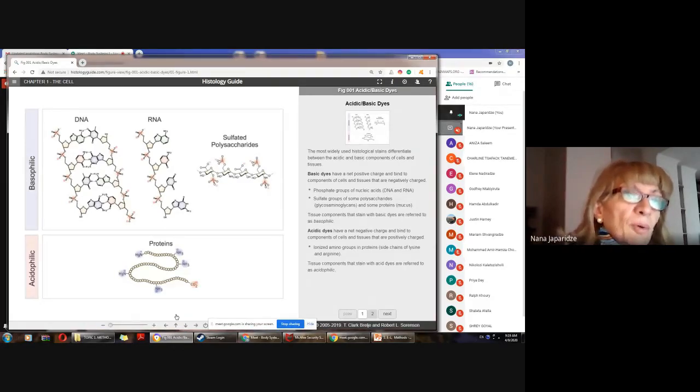Basic dyes have a positive charge, they are positively charged, and they usually bind to components of cells that are, of course, negatively charged. Such components in the cell, in the tissues, are nucleic acids, DNA, RNA, and also sulfated polysaccharides. These sulfated polysaccharides, glycosaminoglycans, you can identify in the extracellular matrix, in the cells too, but at the same time,